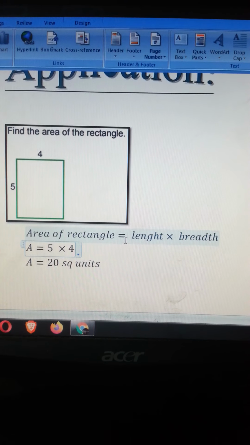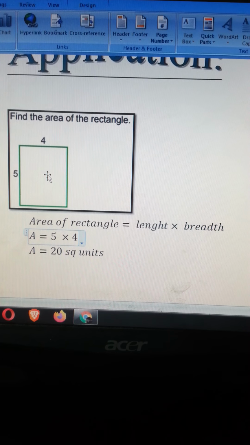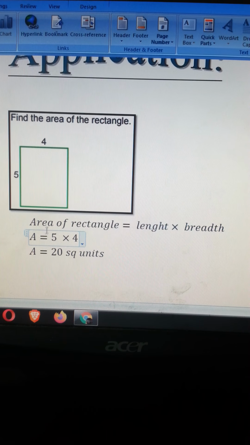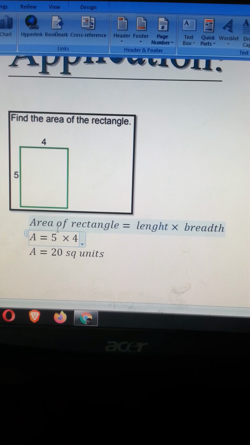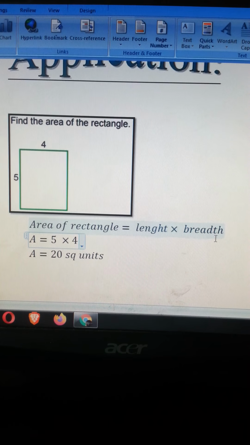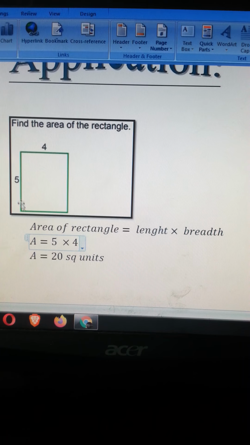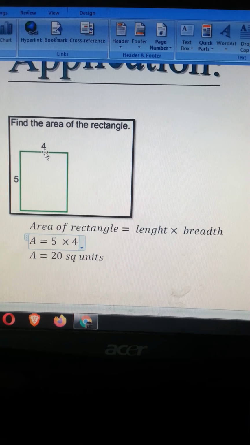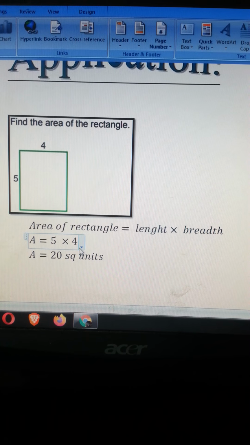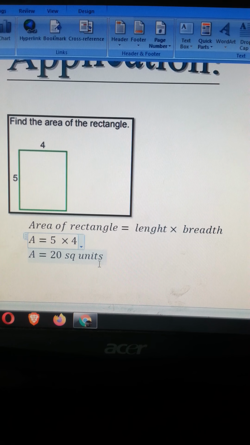This is how it has to be done. This is my figure. We have to find out the area of a rectangle, right? So I have put the appropriate formula for that. Area of rectangle is equal to length multiplied by breadth, or you can say width. Okay, so you are putting the values. The value for length is 5, and then your breadth, or width, is 4. So you are going to times it. It will be 20. 5 4s are 20 square units. Okay.